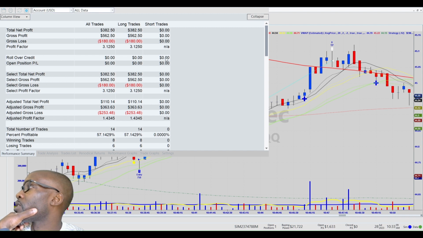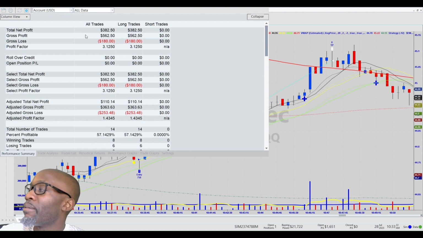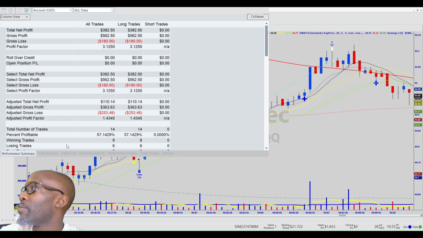I did all longs, didn't do any short trades, but the profit that I had, I guess, was here 562, and the losses that I had was 180. So if I had to use this as an actual algorithm, I could have made 382 over the last